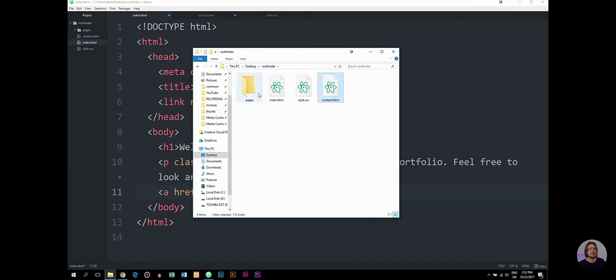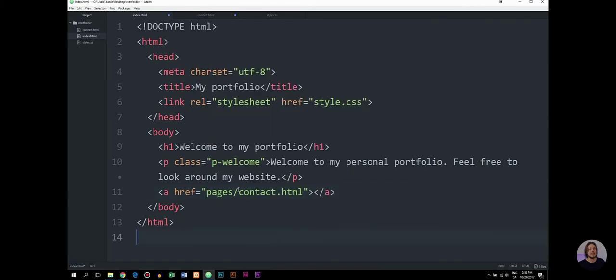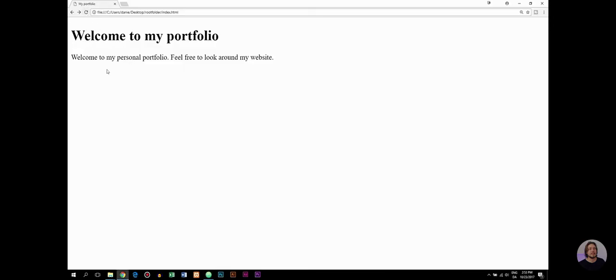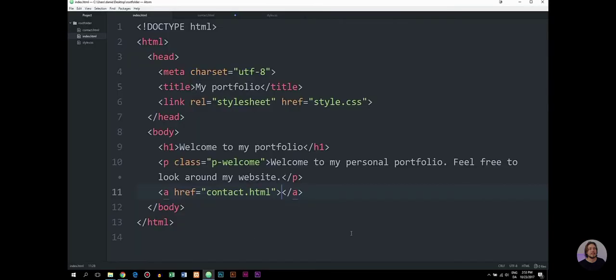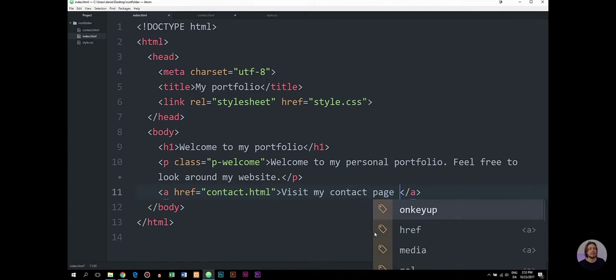So I'm just going to redo what we did here, because I just wanted to explain it to you. And now I'm going to go back inside my code, remove Pages/ because we don't need that. And I'm going to insert some text in between the anchor tags, because we need to actually have something to click on, because if we were to refresh my website here, you guys can see we have nothing new. So if I were to say, visit my contact page here,